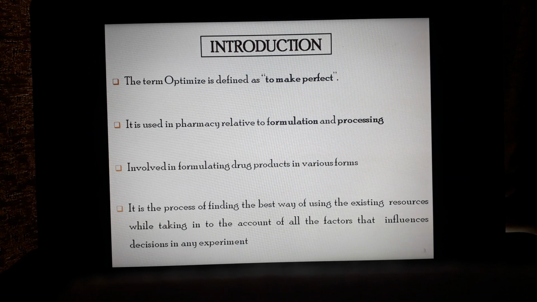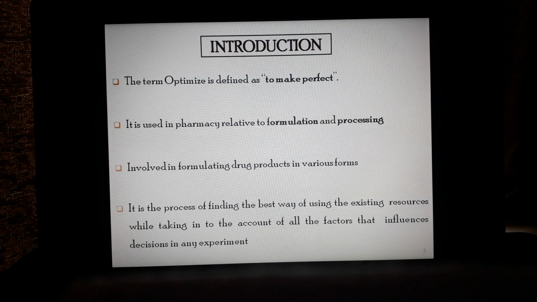In pharmacy, the word optimization is found in the literature referring to any study of formula. In development projects, pharmacists generally experiment by a series of logical steps, carefully controlling the variables and changing one at a time until satisfactory results are obtained. This is how optimization is done in the pharmaceutical industry.